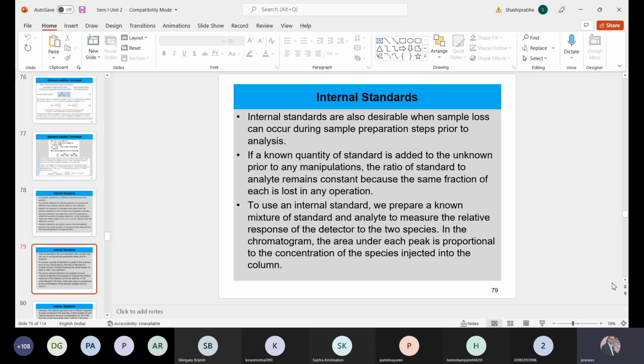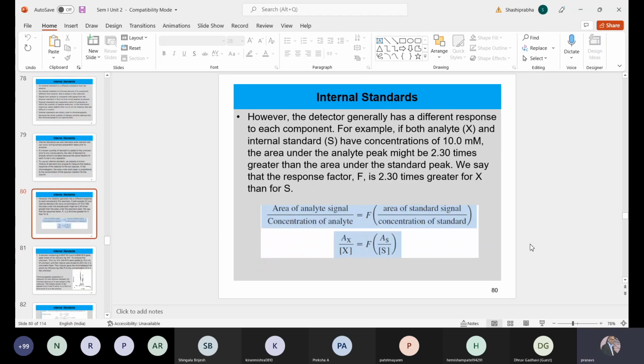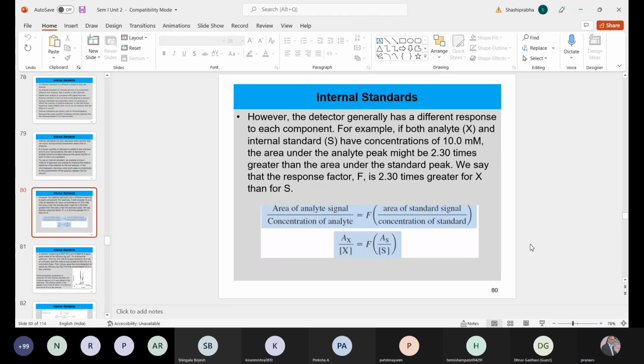इसमें लिखा है: if a known quantity of standard is added to an unknown prior to any manipulations, the ratio of standard to analyte remains constant because the same fraction of each is lost in any operation. अगर कोई चीज कम भी हो गई किसी भी स्टेप में तो इंटरनल स्टैंडर्ड का भी कम हो जाएगा, लेकिन हमें पता है कि हमने कितना डाला था, तो हमें यह भी पता रहेगा कि इंटरनल स्टैंडर्ड का कितना कम हो गया. इसका मतलब है कि अननोन का भी उतना ही कम हुआ होगा. But this is only possible when we use a deuterated analog, or a labeled analog, मतलब labeled internal standard. And this is how we understand